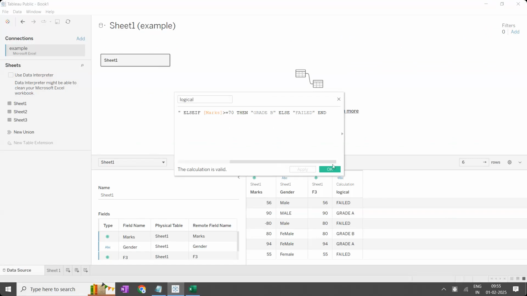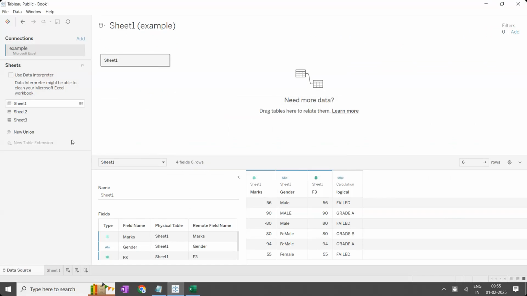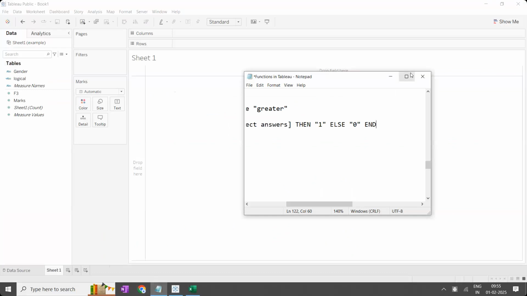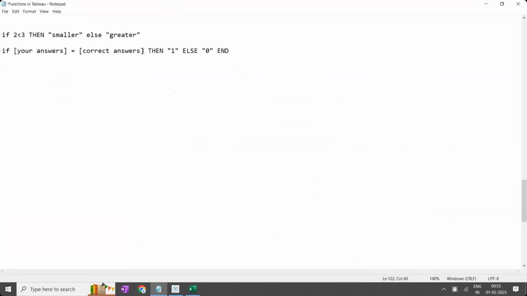So here I have applied the logical function like this, and if, elif, and else. Also, if you want to apply two conditions, you can write AND and OR. As you know how to write AND and OR, first you write one condition for the if. For example, what is the condition here is